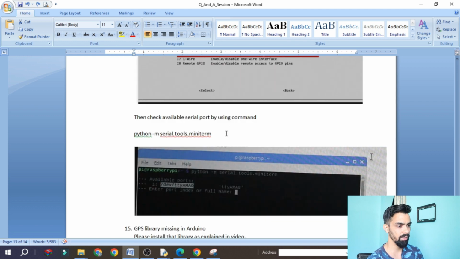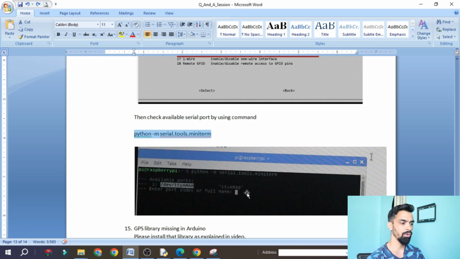If you still face the error, you can check in this terminal with the python miniterm command. After you run the command, you should get the ttyAMA0 serial name. If you are not getting it, then on the internet you can search how to enable this serial.